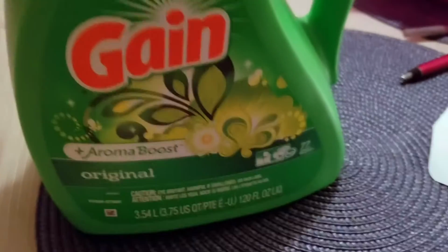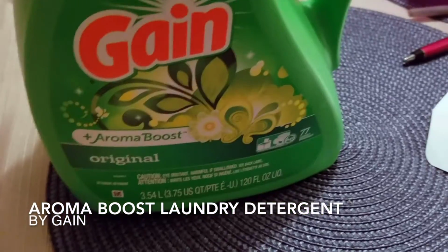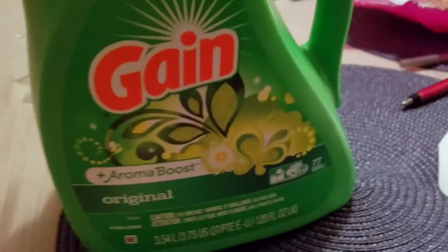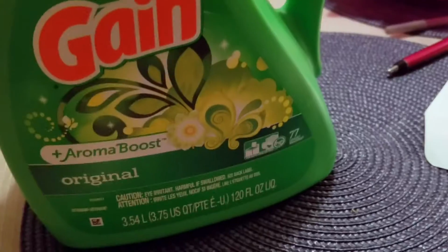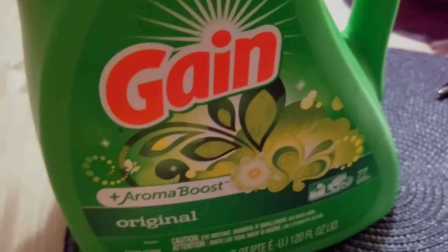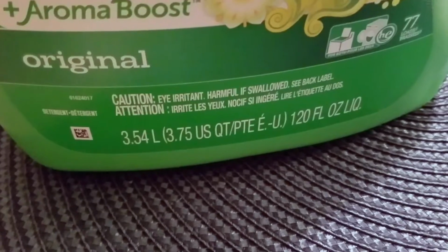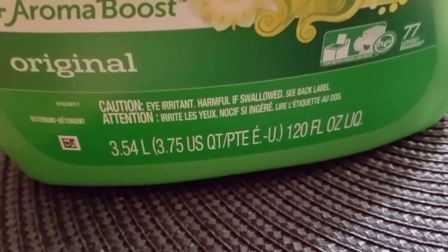I'm here to tell you a little bit about a product that I recently purchased at the grocery store. I was looking for a good detergent with a brand name that would work well and get a lot of the stains out of my laundry. So I picked up Gain Plus Aroma Boost Original. This is a 3.54 liter or 3.75 US quart,